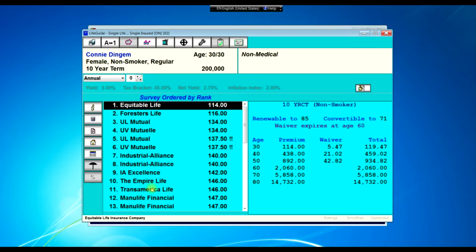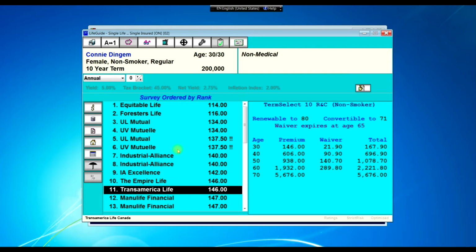So if we, let's say, click here on Transamerica, we see that the premium during the initial level 10-year period will be $146, and that would be for 200,000 of Term Select 10 RNC non-smoker. RNC standing for renewable and convertible. Now, if we click on the fourth icon from the right, 1, 2, 3, 4, the fourth icon from the right,